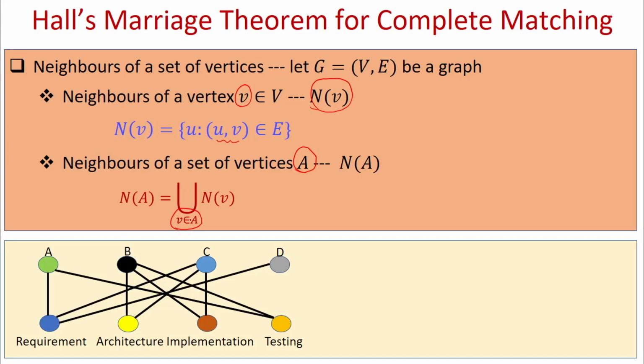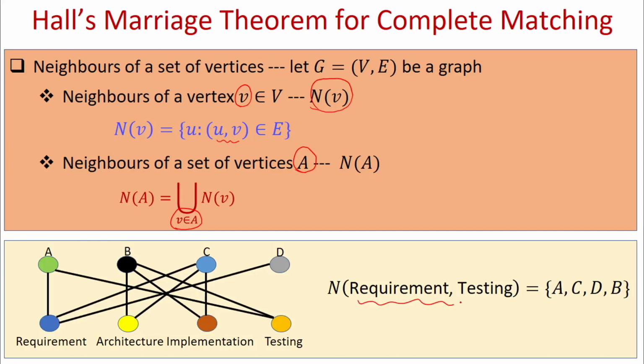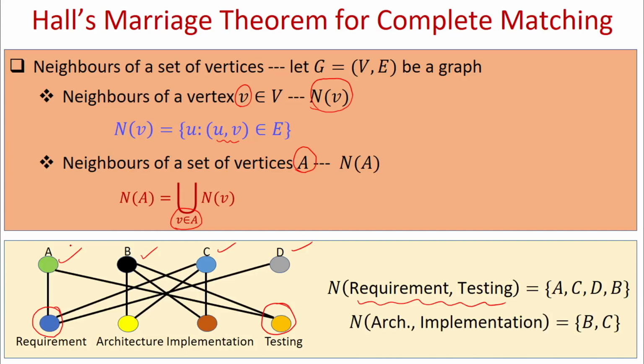So if I consider this bipartite graph, and this is my set of vertices, then its neighbor set is A, C, D, and B. Why? Because the neighbors of requirement are C and D, and the neighbors of testing are B and A. So if I take their union, I get the set ACDB. Whereas if I take the subset architecture, implementation, the neighbor of architecture is only C, and the neighbor of implementation